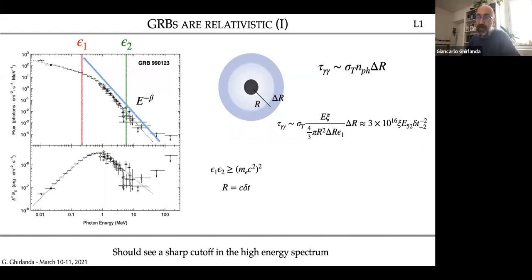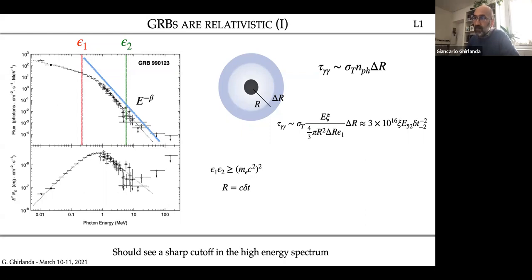This is, as you know, related to the fact that each high energy photon can annihilate with a low energy photon, which has an energy such that the product of the two energies is larger than the electron energy squared. And in order to have something related to the observable, we can substitute the radius here with the variability time scale. So if you plug in the typical values,